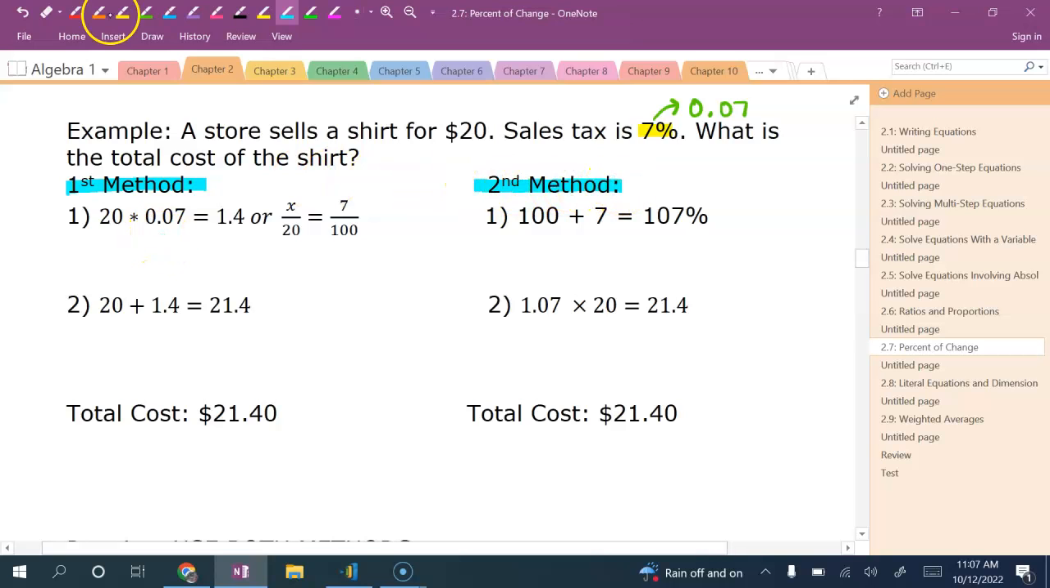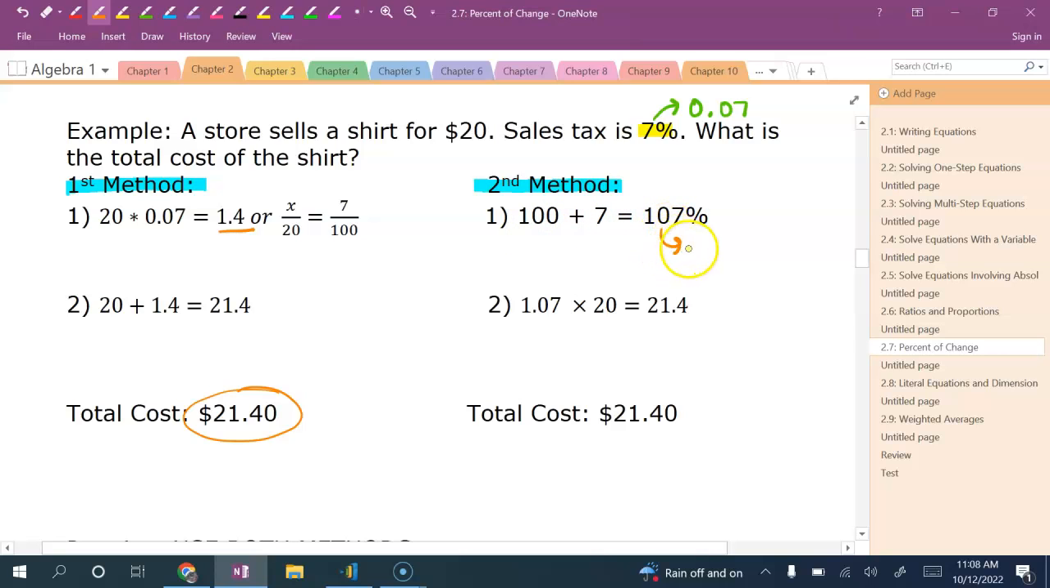So for the first method, you take the cost of the item, $20 for that shirt, times the 0.07. That gives you this 1.4. So that means that you're going to have to pay $1.40 extra in sales tax. So step 2 then is to take $20, the cost of the shirt, plus your sales tax amount, that 1.4, to get 21.4, which is the same as $21.40. The second method says that you would take 100 plus 7 to get a new percentage of 107%,